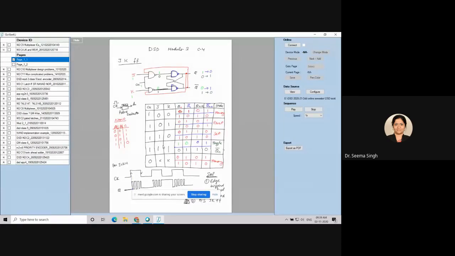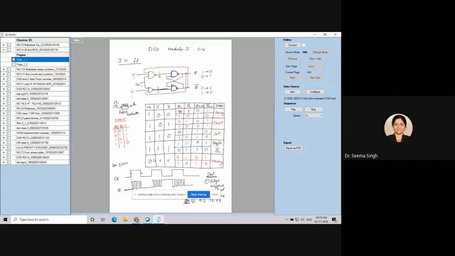I had explained to you the working of this toggle state when J and K both were 1. Toggle state means what? It will just complement the previous state. That is called the toggle state. That is why Qn bar is written here. And whatever you are making here is Qn plus 1. So Qn plus 1 is your next state. Qn is your state previous to this. So toggle Qn bar means if it was 0, it will toggle to 1. If it was 1, it will toggle to 0. So these 4 cases we saw.